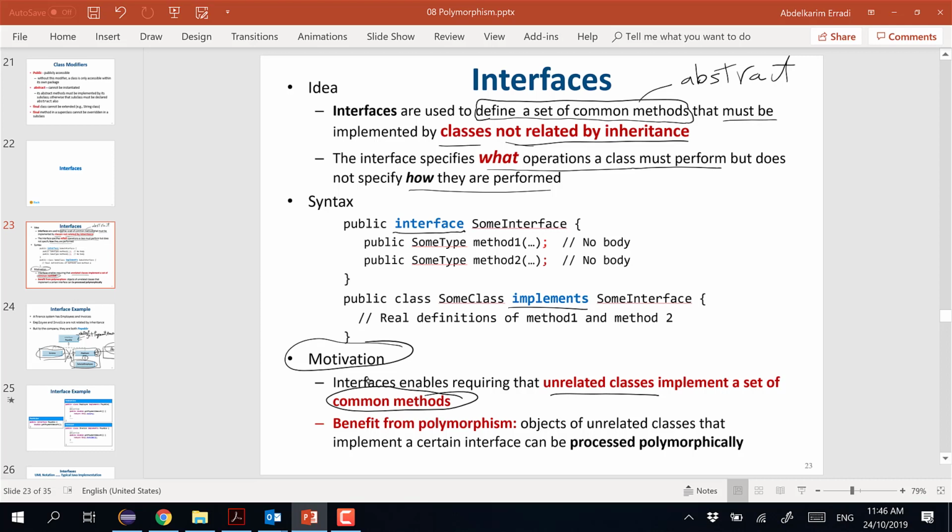So for example, invoice and employee are not related by inheritance, but both of them have the same method, get payment. And why are we doing all of this? To be able to process them polymorphically, which means to be able to put them in a list with the data type interface, and we can go through that list and process it. Yeah? So this way, polymorphism is not